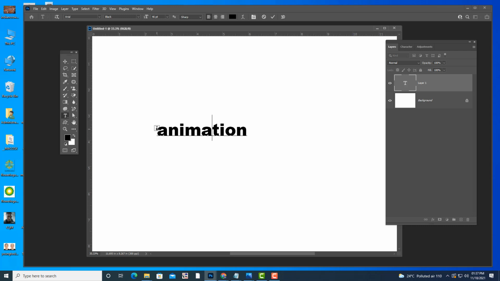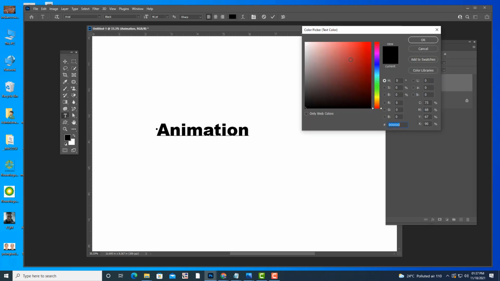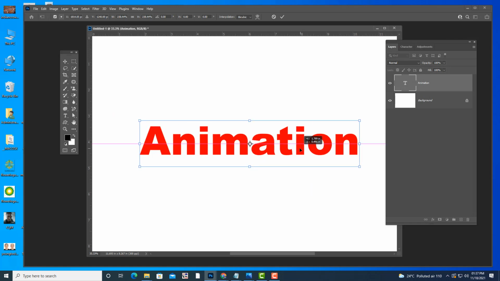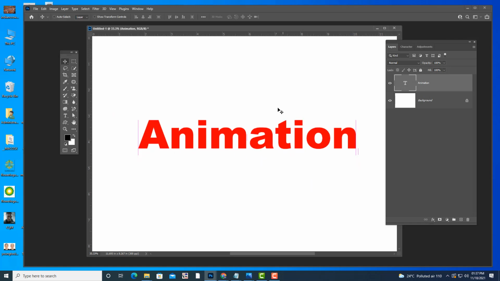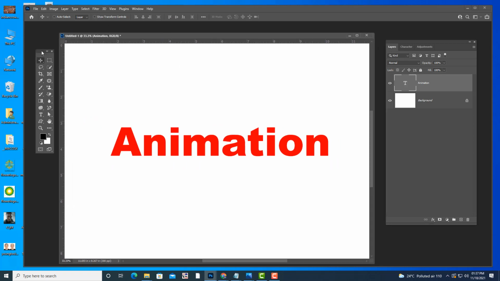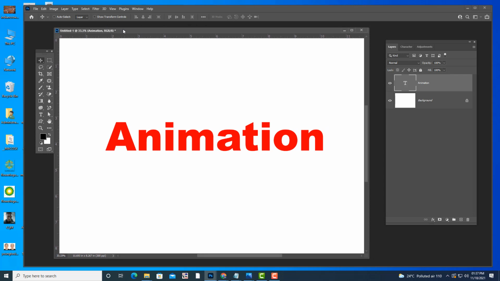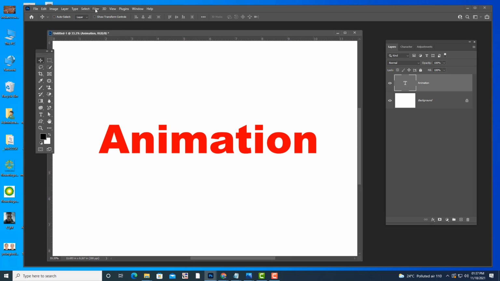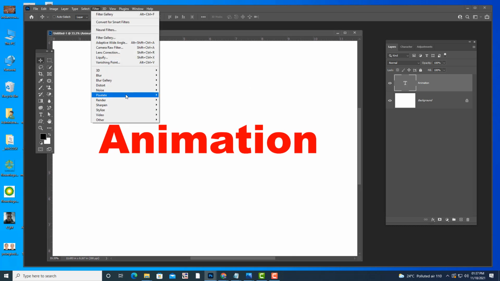So to apply a filter to this text, you can simply go to the filter menu, and here we have a list of filters.